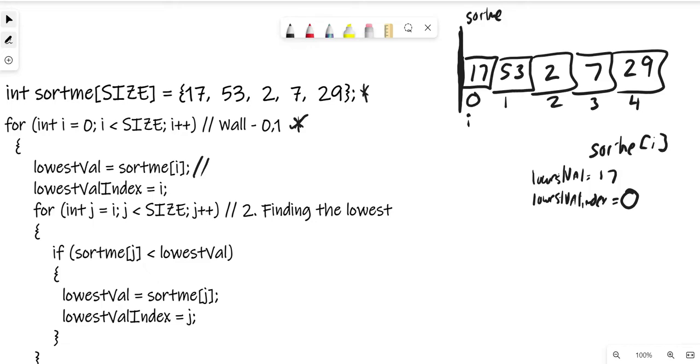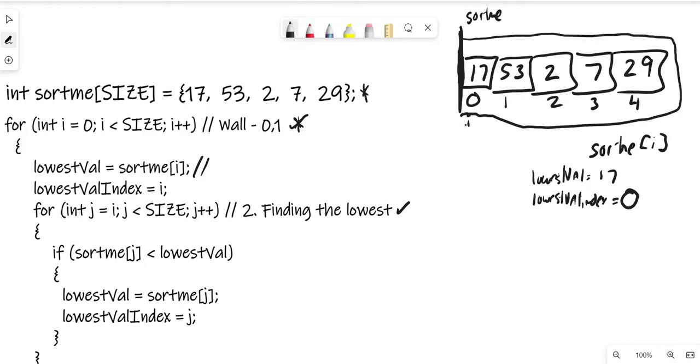Now, we start out with that, and remember, the outer loop is your wall. We found our wall, we initialized our wall. Now we go into the inner loop, okay? The inner loop is actually going to traverse through the unsorted array. Remember, initially, this whole thing is our unsorted array, right? Because the wall is